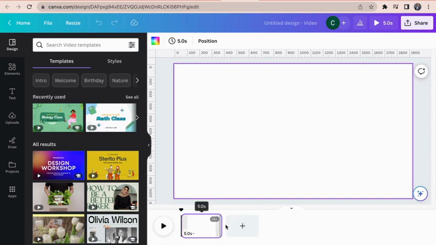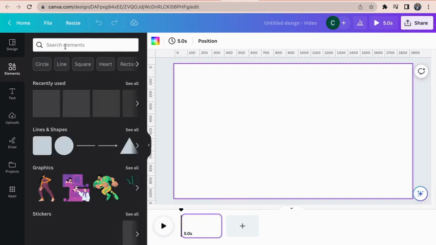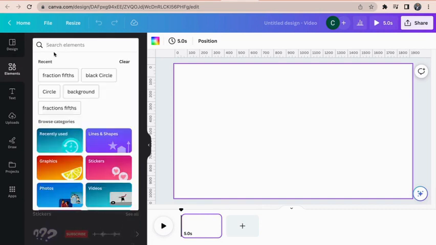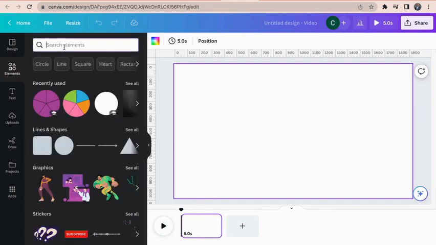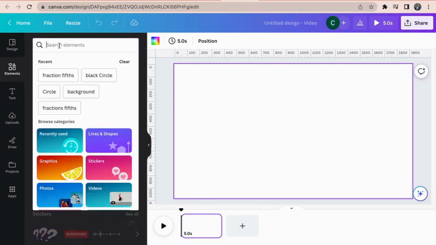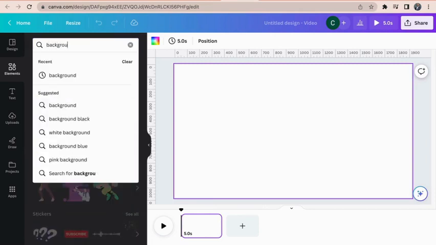The bottom is your timeline. That's where you're going to place different elements. And they have a play button here towards the bottom and a play button towards the right. So again, we're going to start with elements and we want to create a title slide so we know who's doing the project. When I click inside of elements, we're just going to go with background and just choose